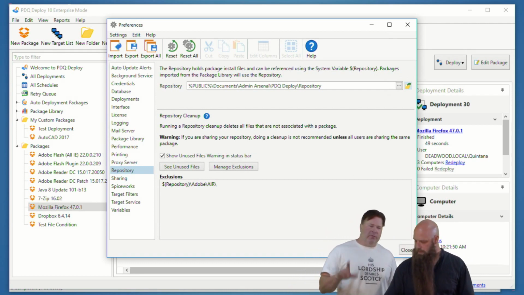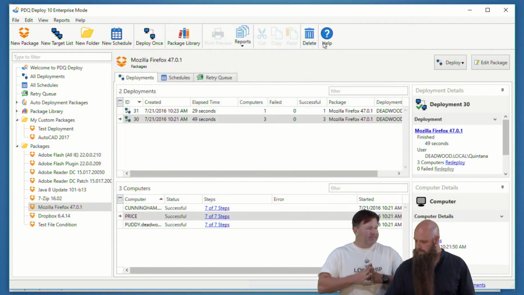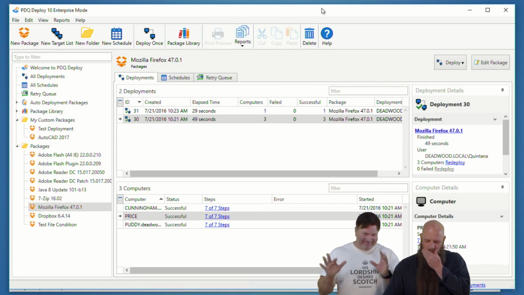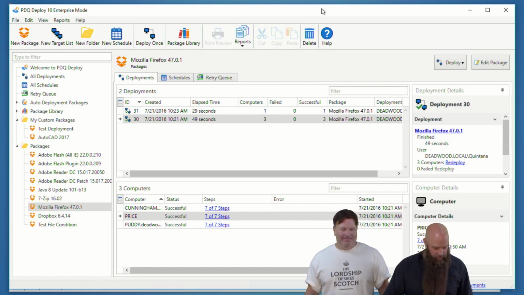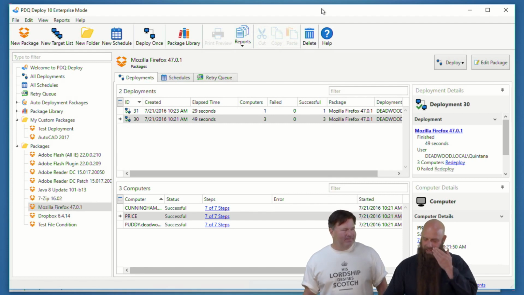Now, one more thing on that. Do we need to be careful about shared files? Yeah, that's always kind of a concern. Just think about it: when you're sharing packages, you might delete